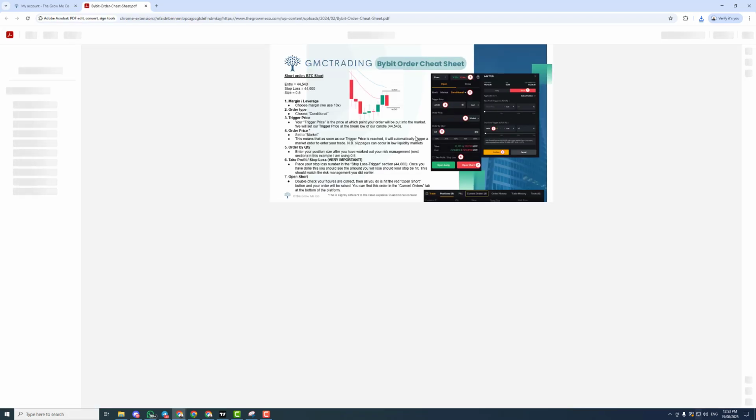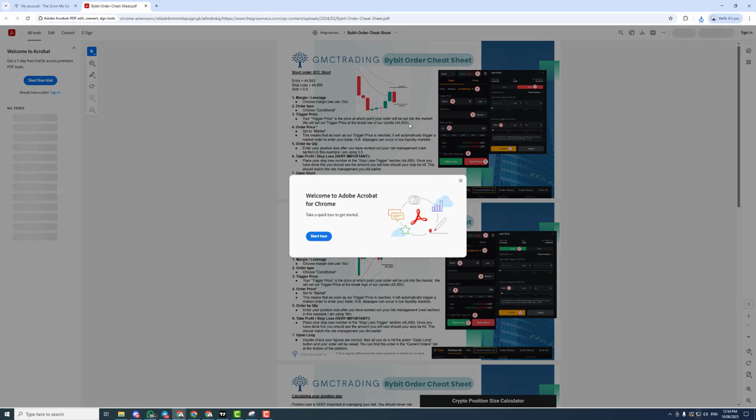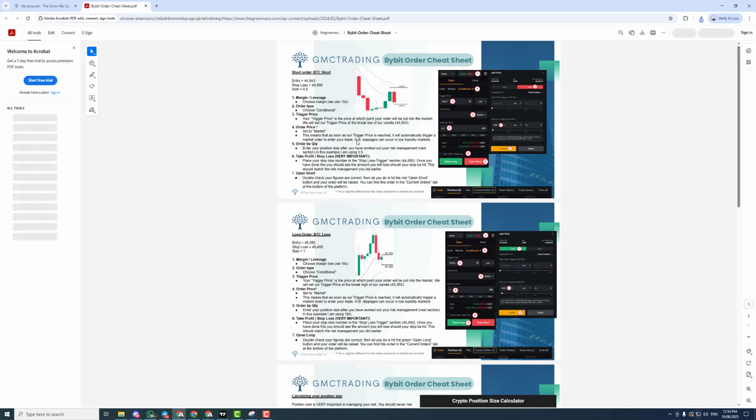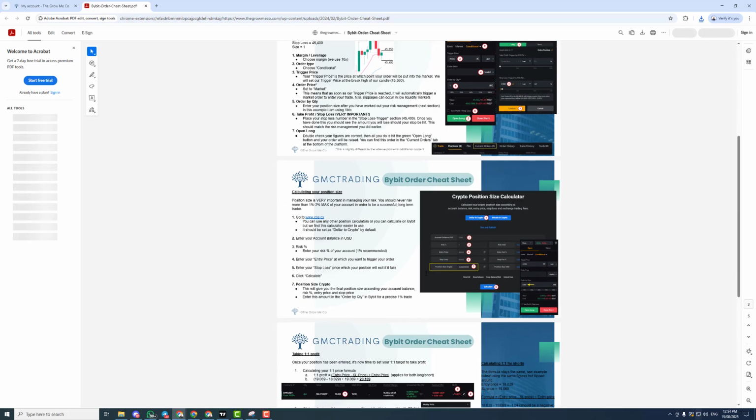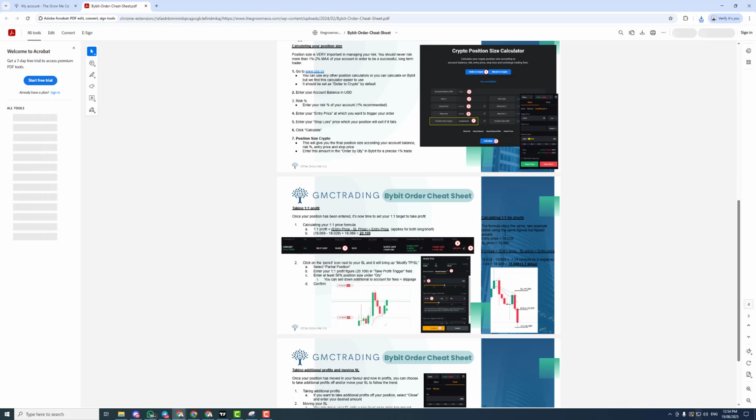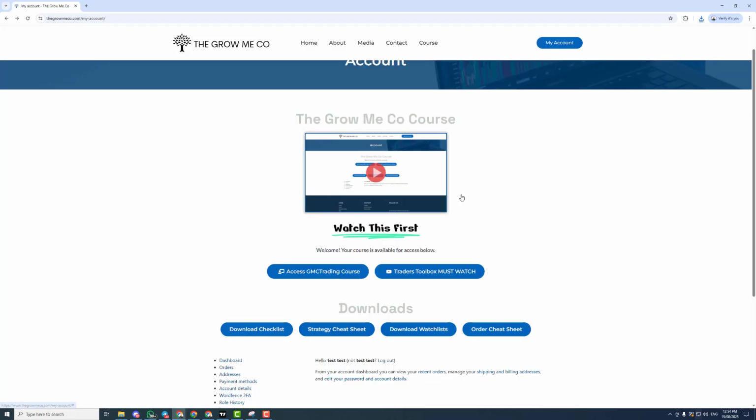It'll be something like this, whereby you have a step-by-step. Here's exactly how to raise an order. Working through it all, 1, 2, 3, 4, 5, 6, 7, making it basically paint by numbers, how to manage your risk, all of that stuff. Again, a very simple printout. There would also be video walkthroughs on exactly how to raise an order long, raise an order short, manage your risk, all of those bits and pieces.